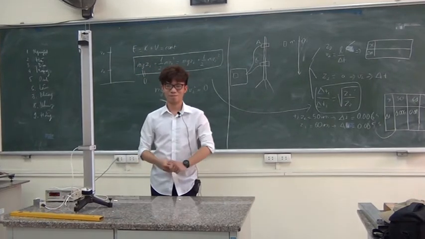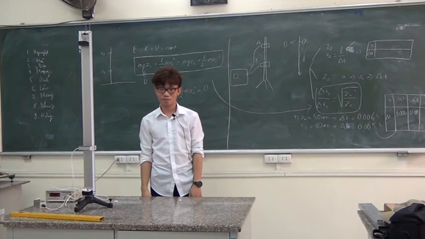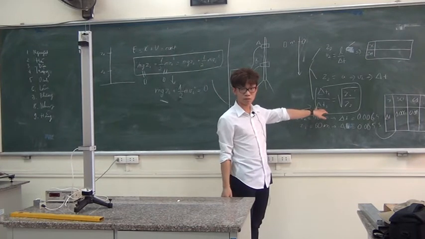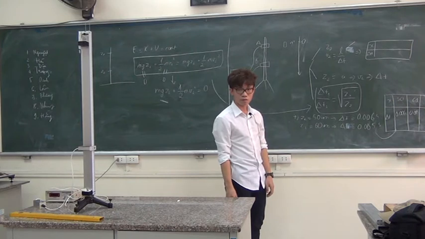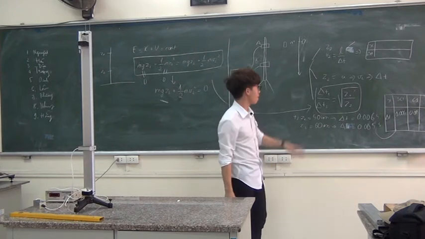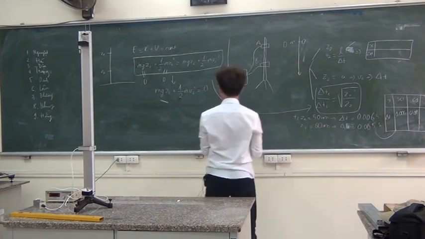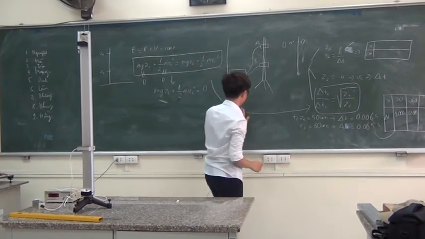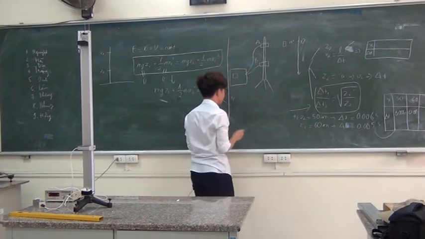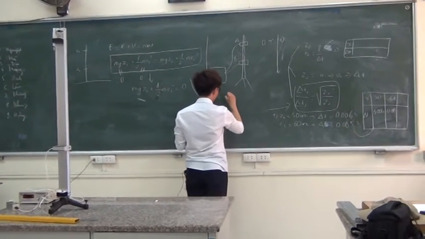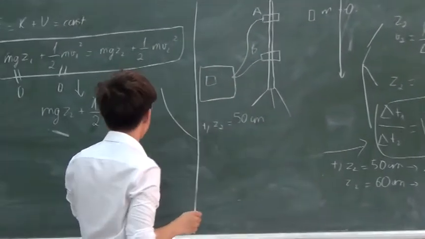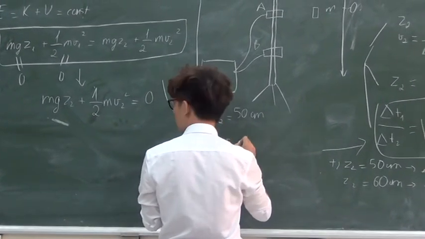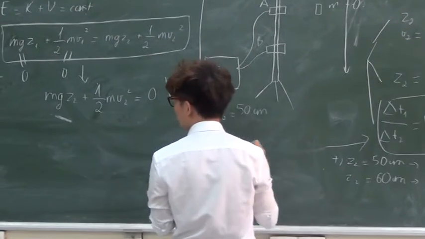So can you deduce from the law the consequences about the time the object will block the photogate in case the photogate is at a position of 50 centimeters from above? Can you write a complete formulation on deduction? If we say H2 equals 50 centimeters, so apply the laws. So we can find that V2 equals